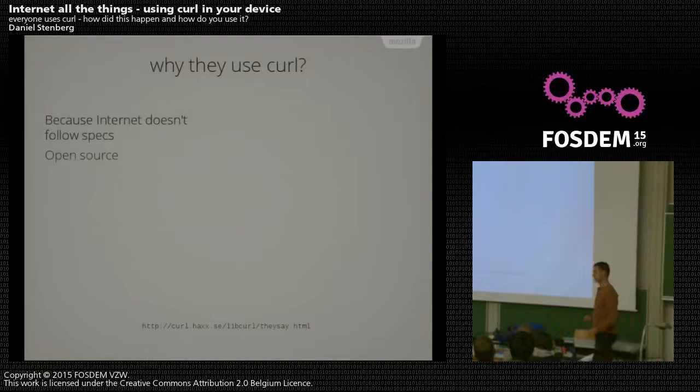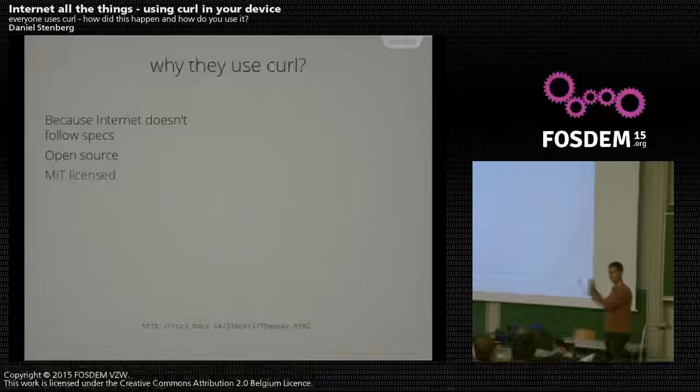Of course, without it being open source, nobody would care. And I would say, and of course people will contradict me here, that the key to why curl is popular is because it's extremely liberal. It's MIT licensed, which is basically a simple BSD version, which means that you can do almost whatever you want with the code. There's absolutely no obligation to get back to us with any patches or changes. You do whatever you want. You ship your products, you patch it, you change it. Go ahead, fine. It's not a problem.